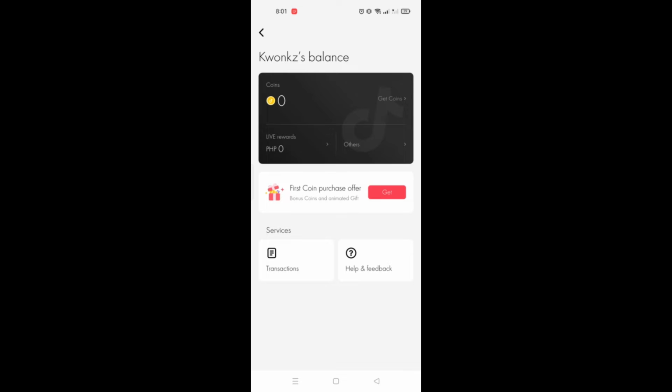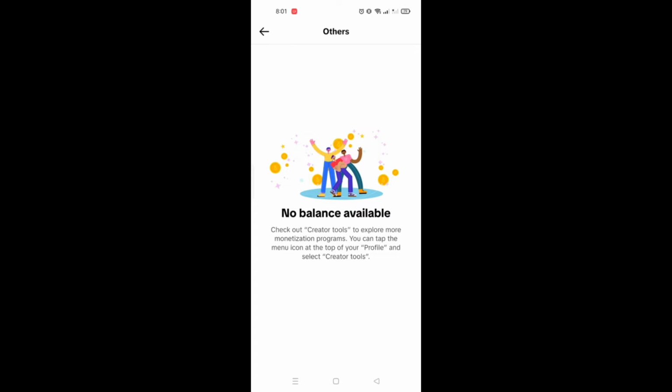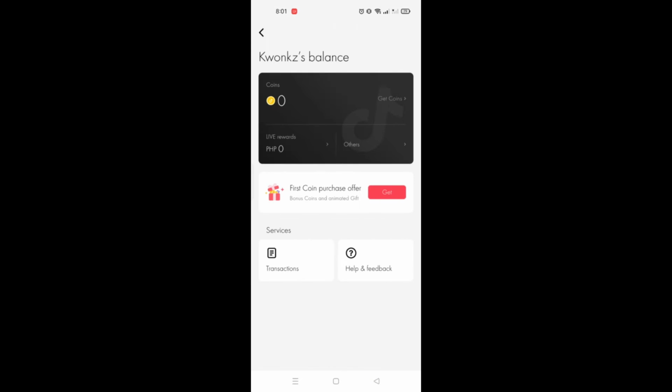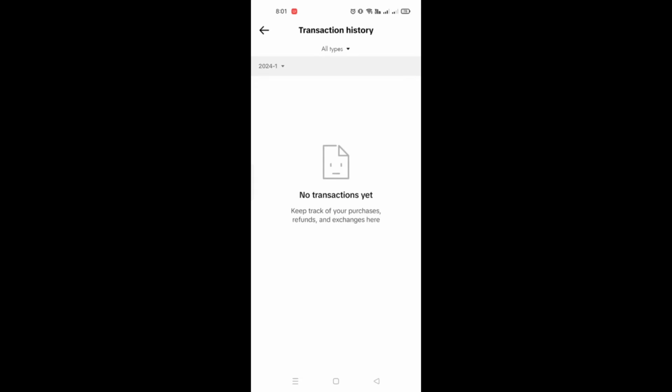So if you want to add a bank account information and connect it, just simply click on the options right here, wherein you can click on get coins. That's on the black card and you'll be able to see that I currently don't have a balance. So for us to add a balance here or add your bank account information, click on the get coins buttons,